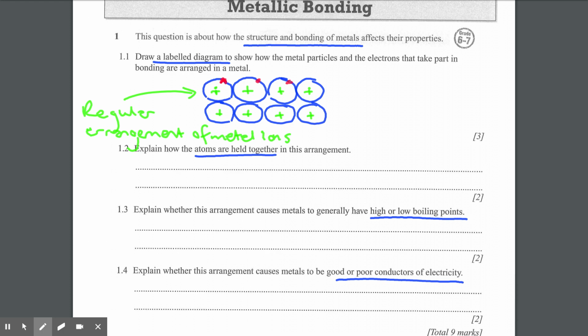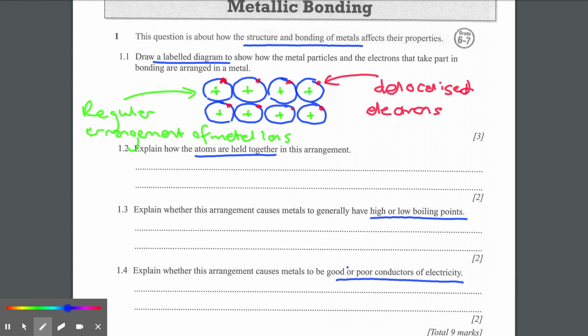And then what we have, obviously, as we know, is electrons around the outside. And we'll imagine they've just got one. Imagine it's a group 1 metal. They've all got one outer electron. Obviously, the number of electrons is fairly irrelevant, but they've got outer electrons. And the key thing for these ones, obviously in a metal, is that these are delocalized electrons. It's this delocalized nature which, while we're at it, allows us to explain why